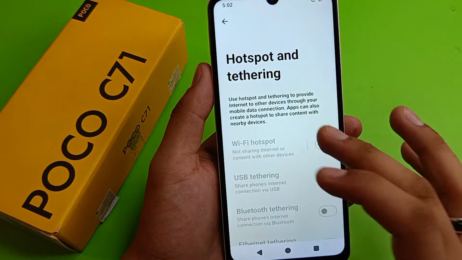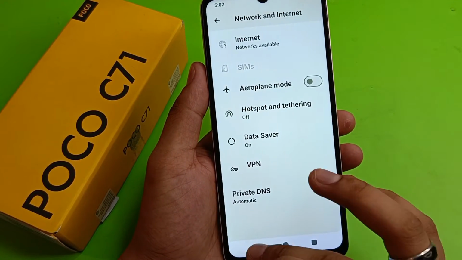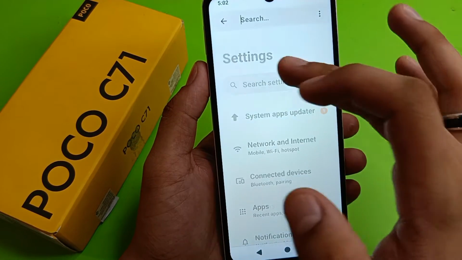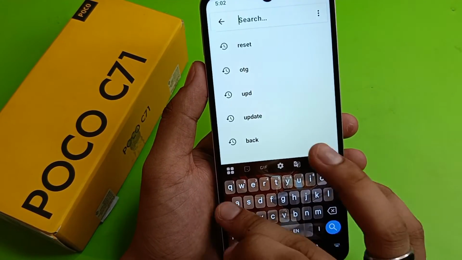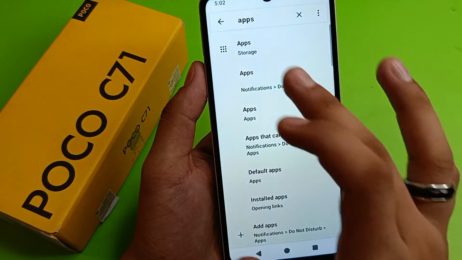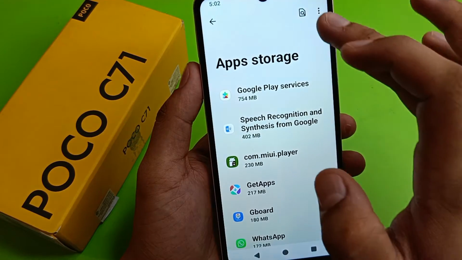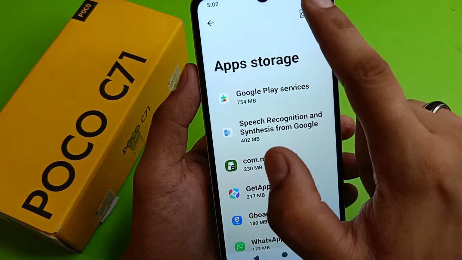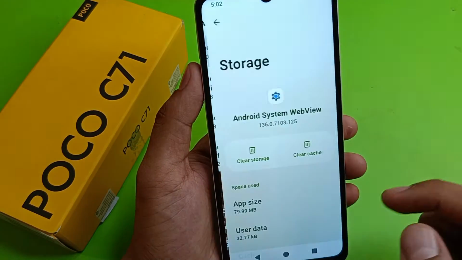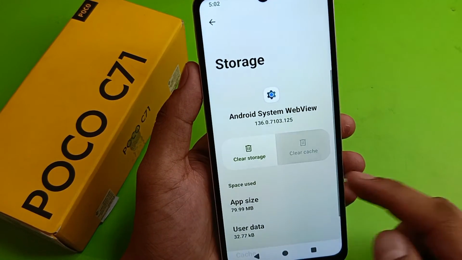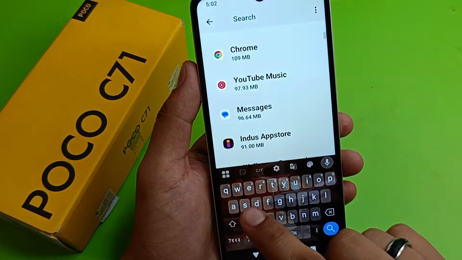Friends, you can see here it is not opening, Wi-Fi. So how can you fix this problem? You have to click on search and type here "apps". Here you can go to the app simply, and you can see there are lots of apps here. Click on Show system apps, and here type "Android", then click on Android System and clear cache. Then go to search again and